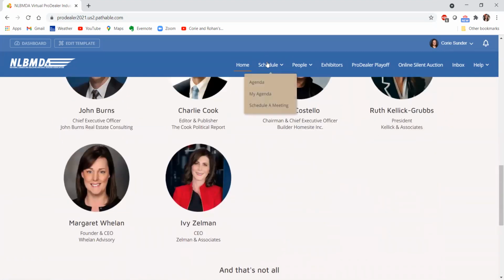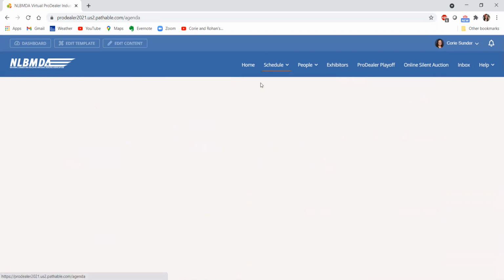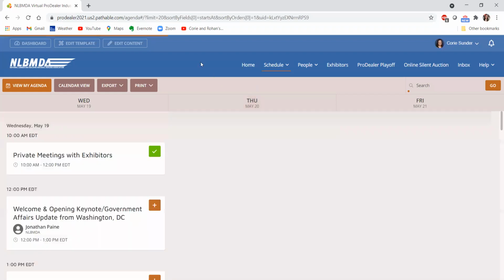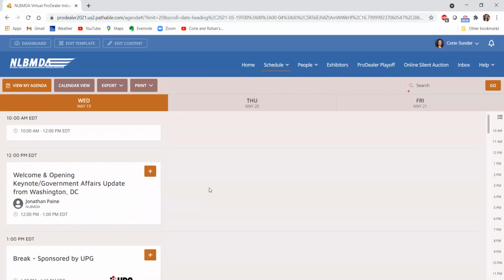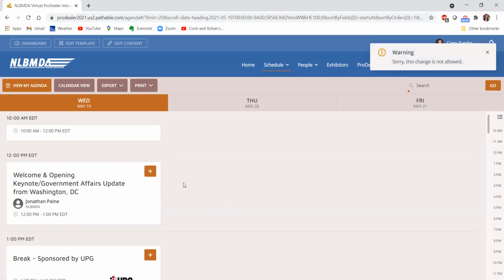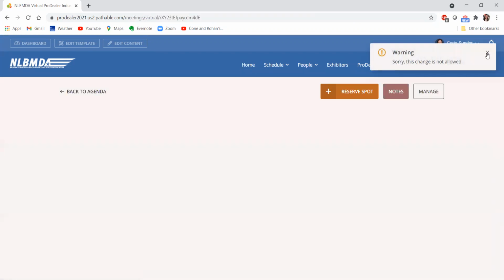The next tab at the top here is agenda or schedule. So under schedule, if I click agenda, you'll see the full conference agenda for the 3 days. If I scroll down here, you can change the dates at the top to navigate between Wednesday, Thursday, and Friday. To save a session to your agenda, you click the plus sign button here, and then it will appear under your My Agenda. If I click that option here,